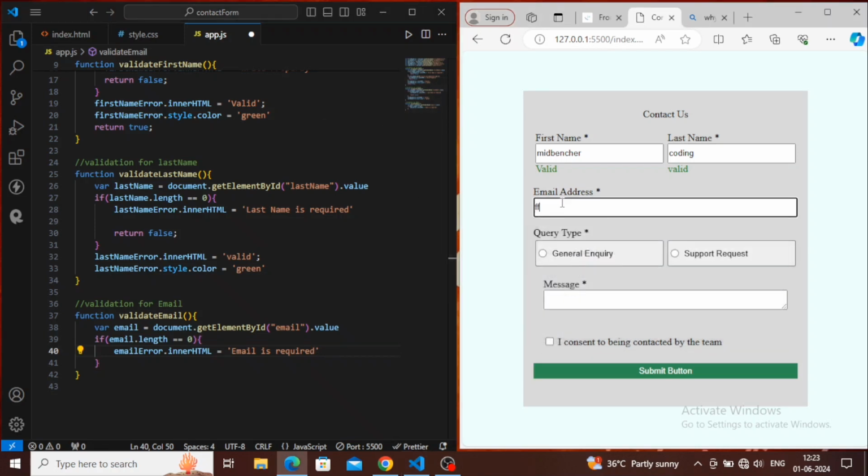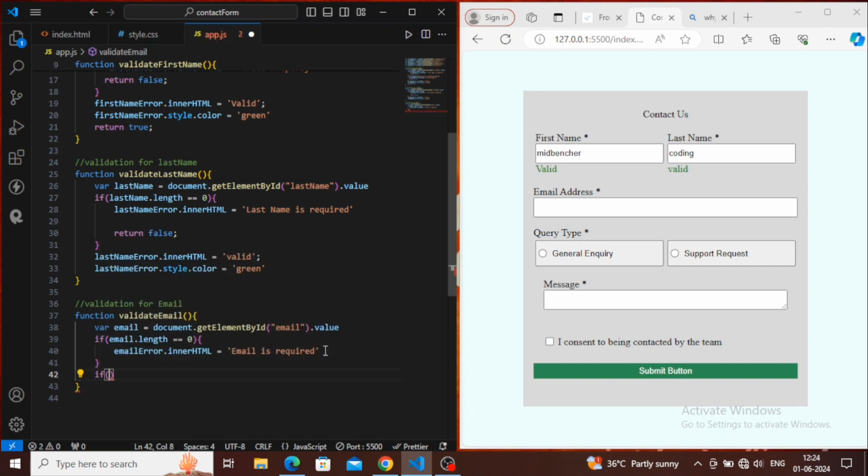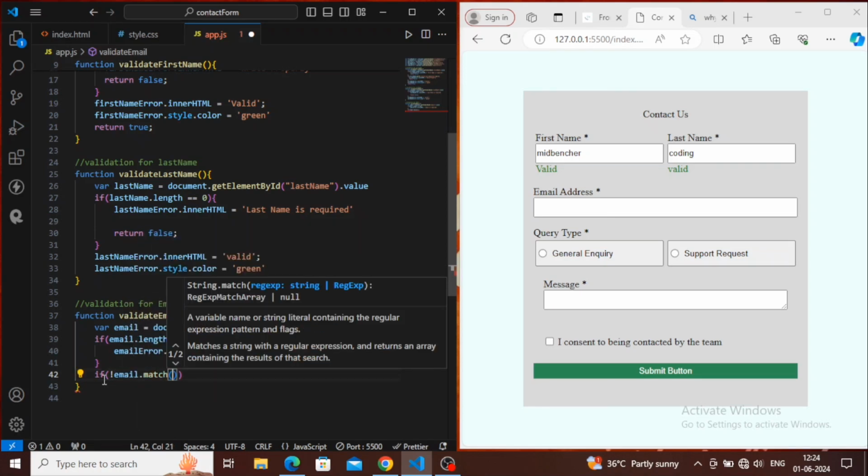So if we go here and let's further work on this. Let's set another condition for this. As you know, an email has some certain things which need to be fed here, like the at the rate should be there, dot should be there, and we can use numerical forms, small letters and capital letters. For this also you will get this in Google. So email dot match, what should it match? It should match with these things, slash